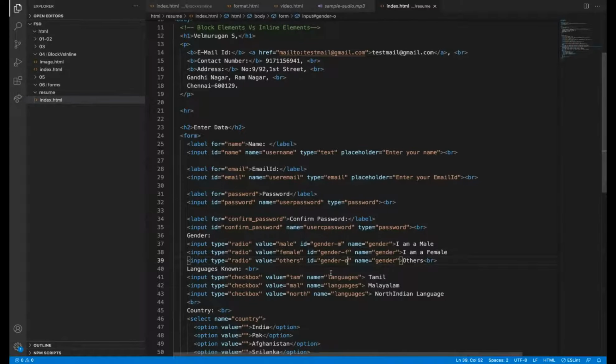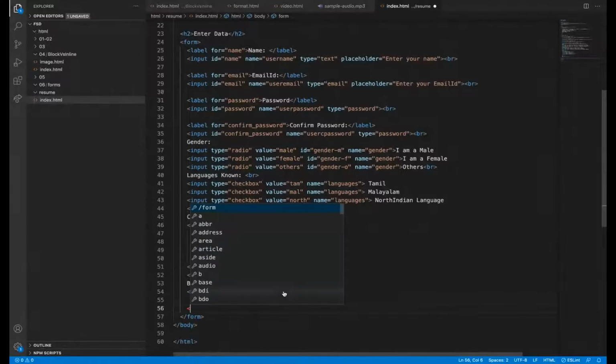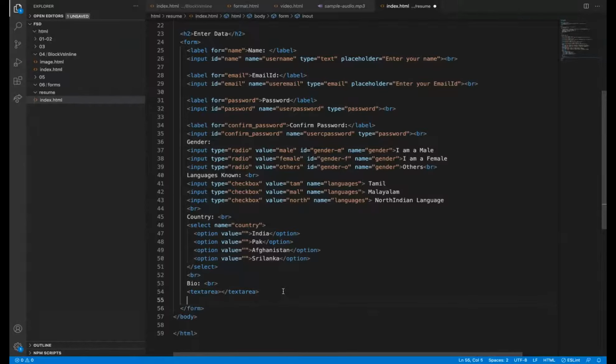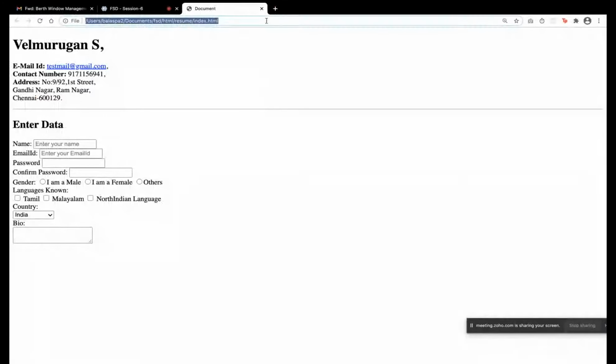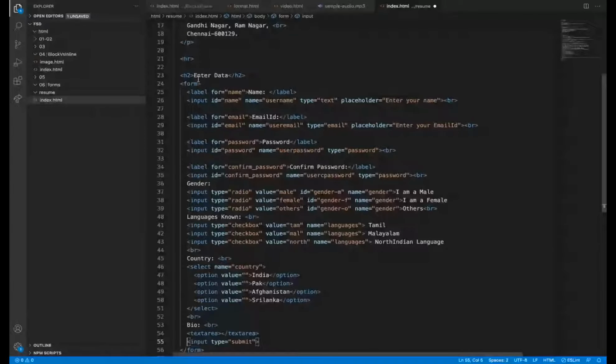I think I have covered that. While submitting, there is another task: input type equal to submit. A submit button is there. If you click on it, where will it go? There is an attribute action.